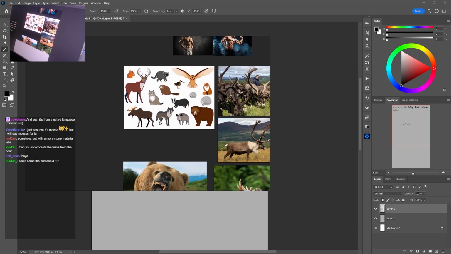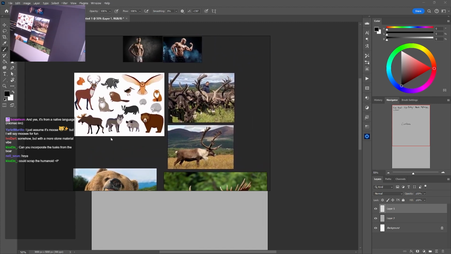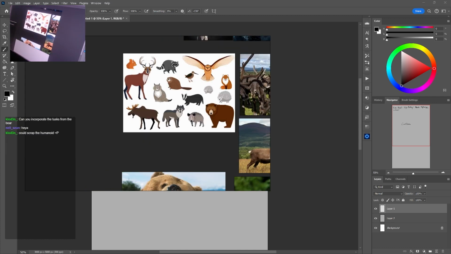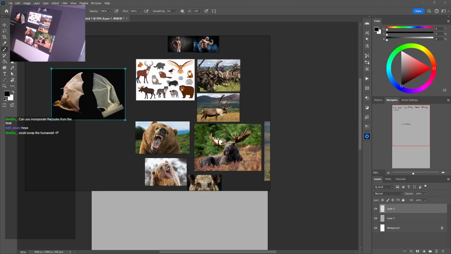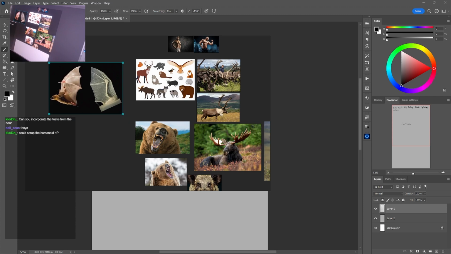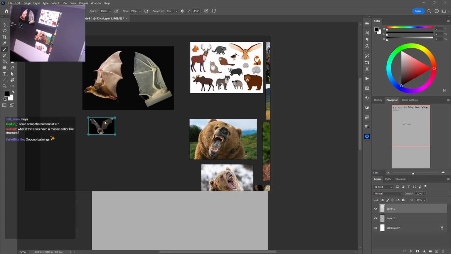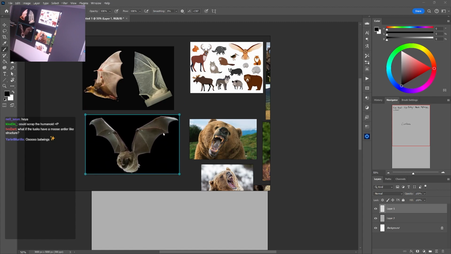I'm thinking either bat wings, or could scrap the humanoid. We're gonna do both. Let's do the creature version, and then if we got time, we can do the humanoid version. Ooh, this is a good reference. We'll use this. I think I'm going to give him a few more fingers than that. Bat wings are based on the structure of a hand, so they literally have five fingers and a thumb. Yeah, let's give him bat wings, right? Make him really heavy, too.